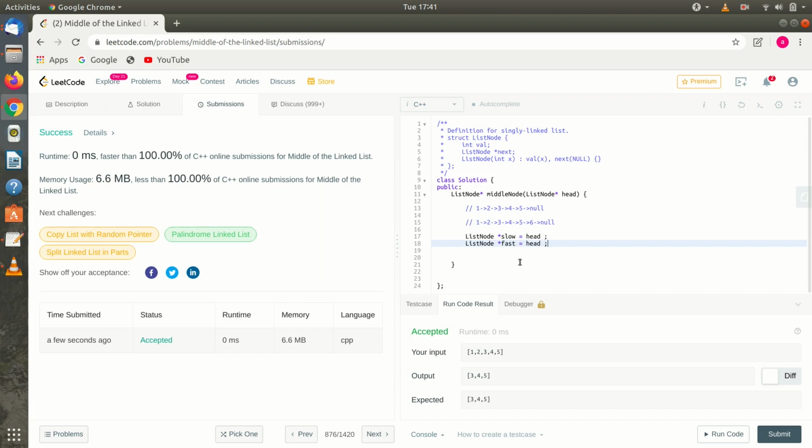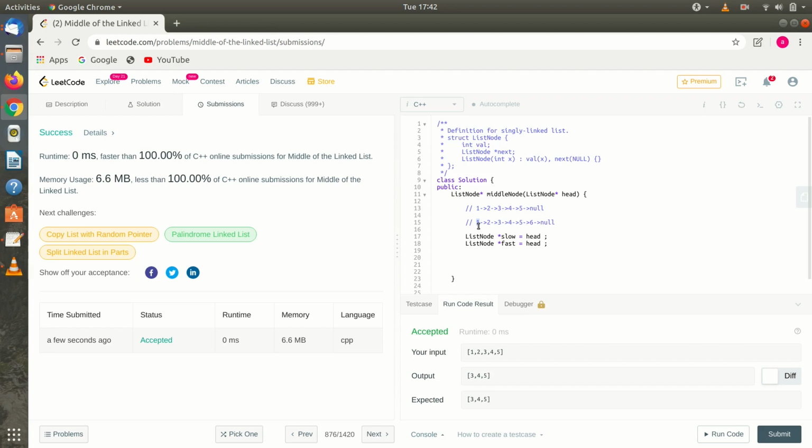So initially, our slow and fast pointers are pointing to the first node. Take this example, and both are pointing to head. I will move the slow pointer by 1, and I will move my fast pointer by 2.